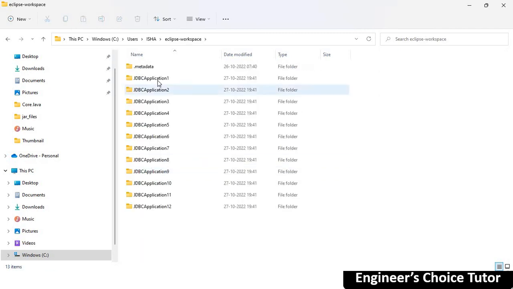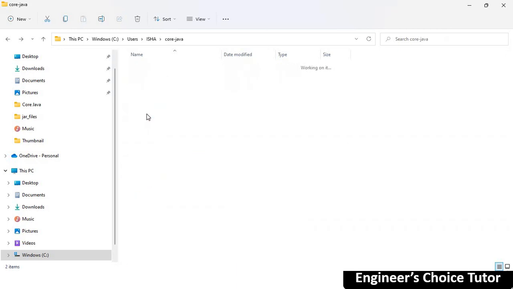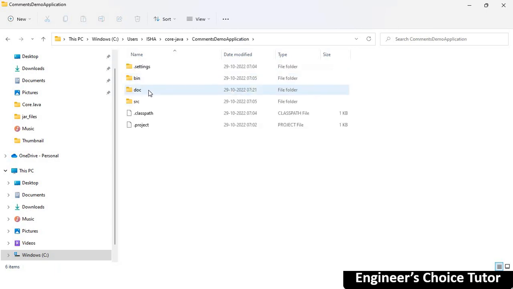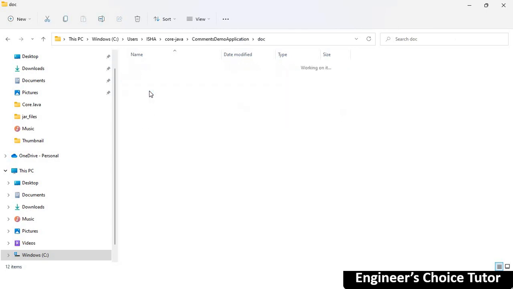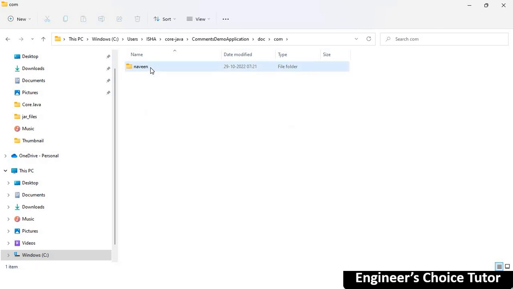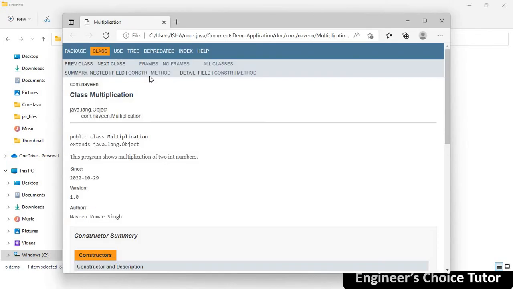Eclipse workspace. No, not Eclipse workspace. It is core Java workspace in my case. Then comments demo application. Then doc. See here, doc is present. Then doc. Then what was the class name? Com Naveen multiplication. So this multiplication. Open this. See,